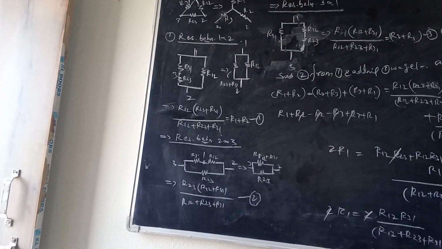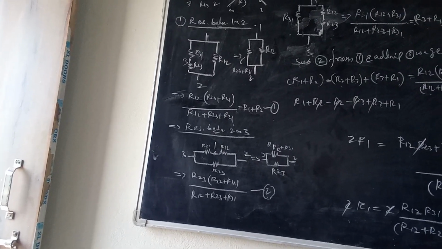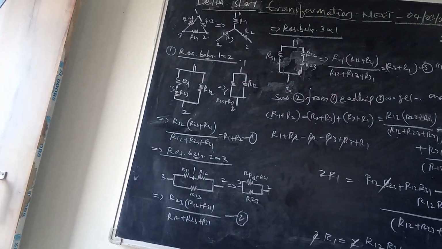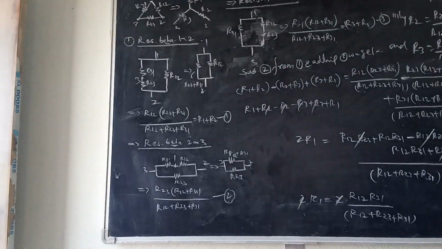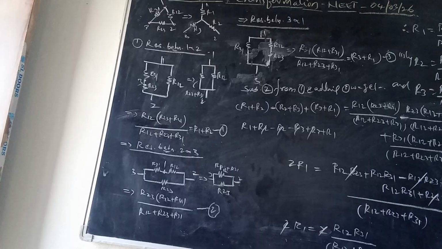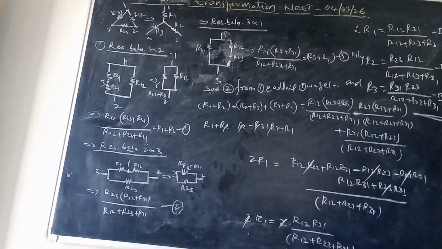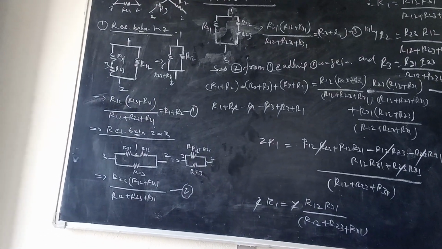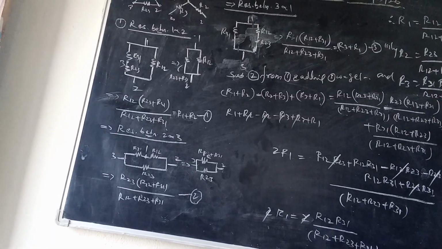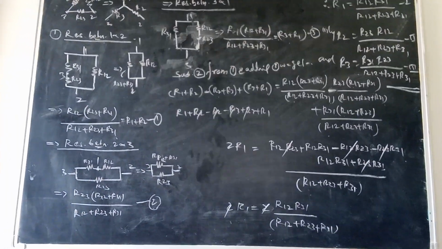So in the first figure, suppose the resistance between 1 and 2 is obtained. So stretch the circuit between 1 and 2. On the left hand side you will get two resistances in series, that is R23 and R31. On the right hand side of the figure you will get one resistance. Both are in parallel. The left hand side resistances you add, because they are in series, they will become R23 plus R31. The right hand side R12 will be in parallel to the sum of both.